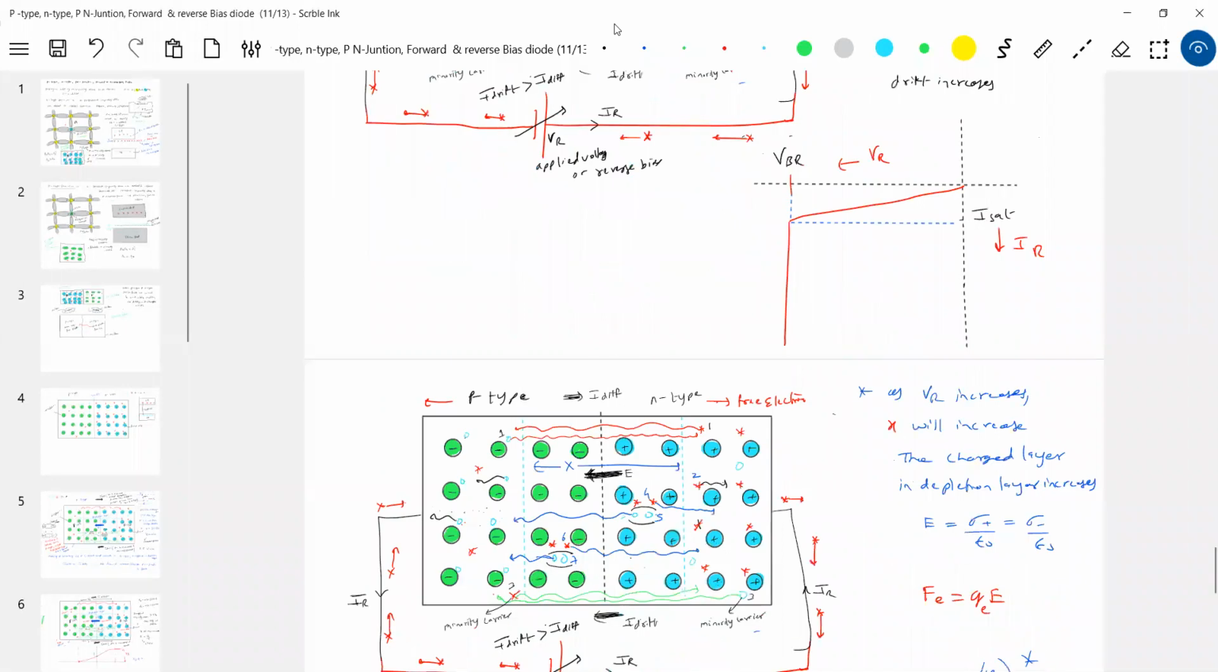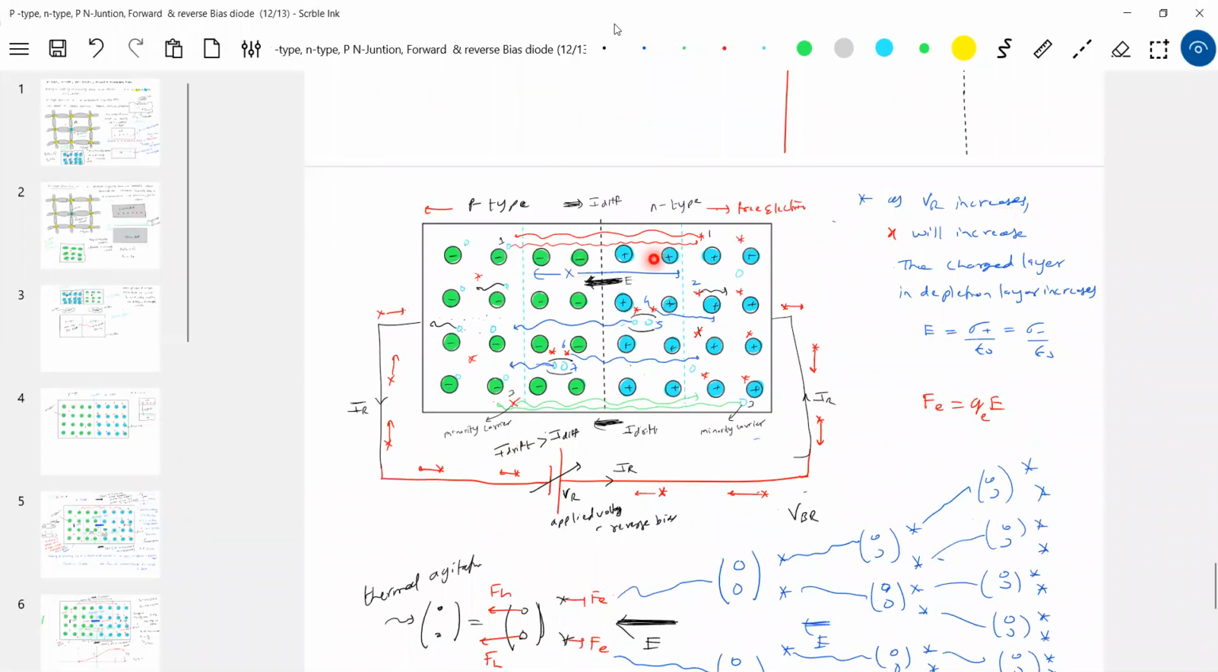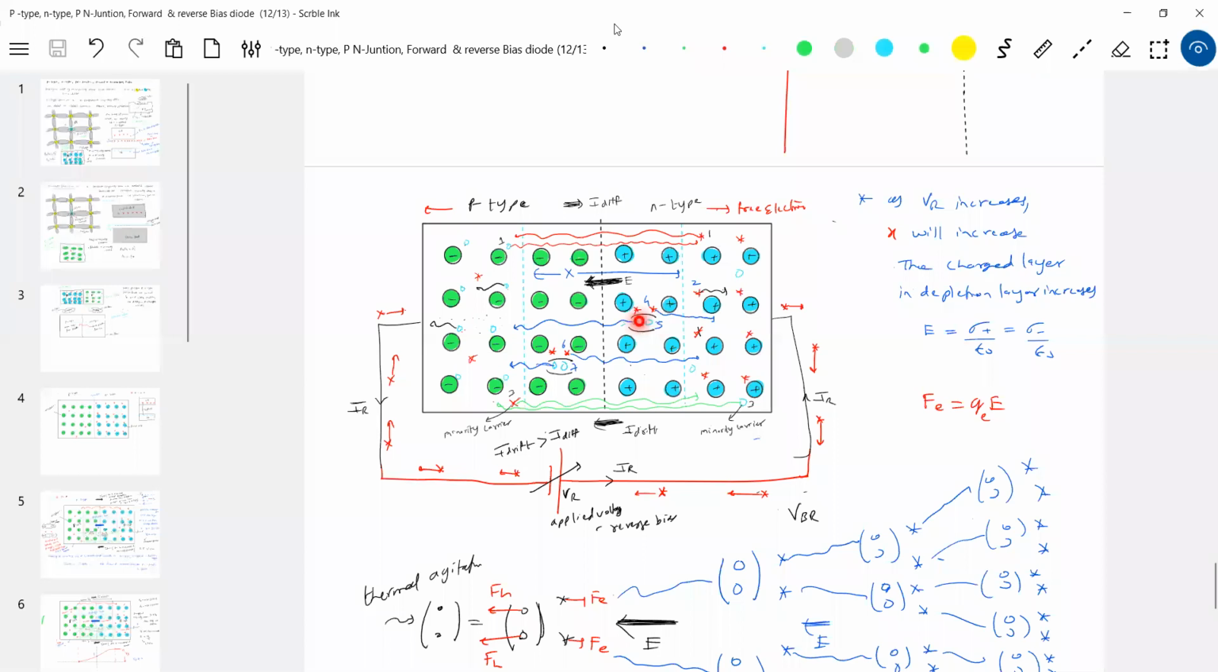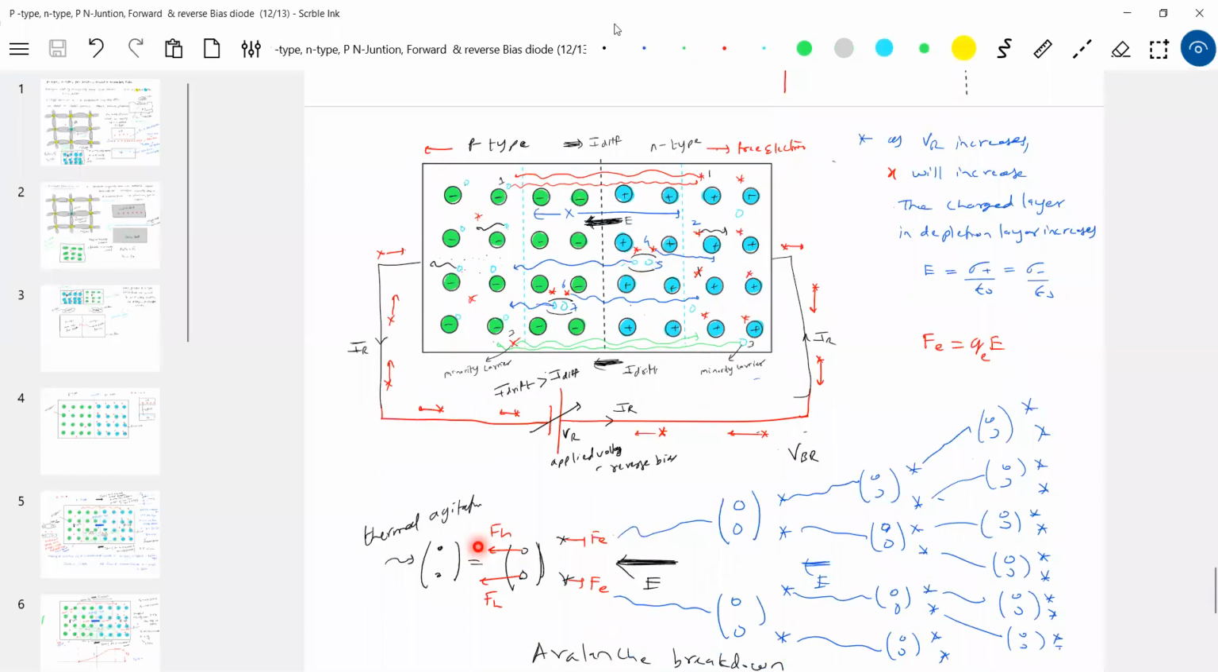As we increase the reverse bias, the width of depletion increases. Then the amount of charge present in the P and N regions will increase. More charge, more electric field. Now the electric field is such that any covalent bond that breaks up due to thermal agitation, so the electrons